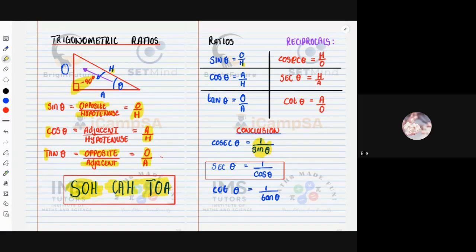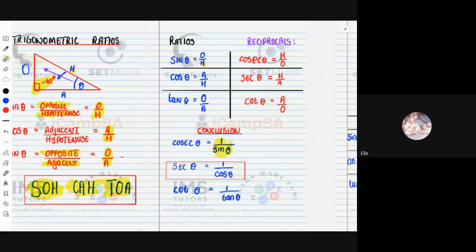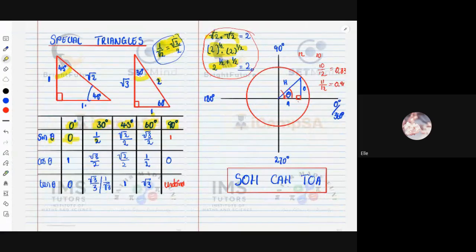We introduce the reciprocals of the ratios, of which is cosec, sec, and cot. Also the conclusion, and then we also talk about the special triangles. So with the special triangles, we introduce these angles that have sort of these fixed values. Of course, each angle has its specific ratio, but with these ratios, we are in grade 10, we are